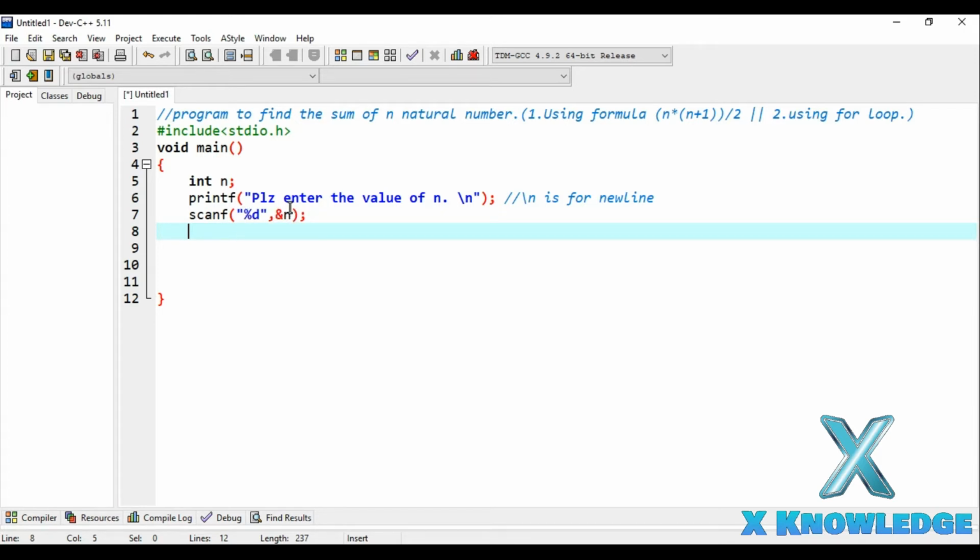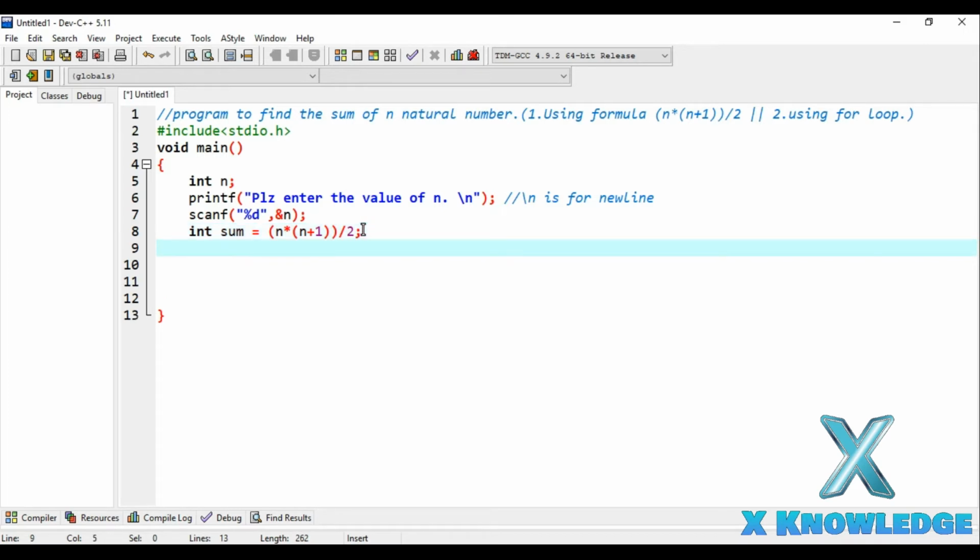So let's do it. int sum is equal to, let me just copy paste this. What this will do is calculate the sum of n natural numbers, from 1 to n, and store this value in the variable sum.